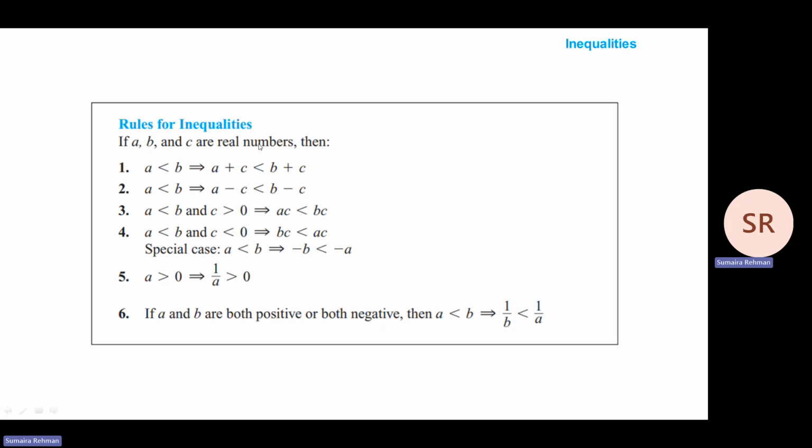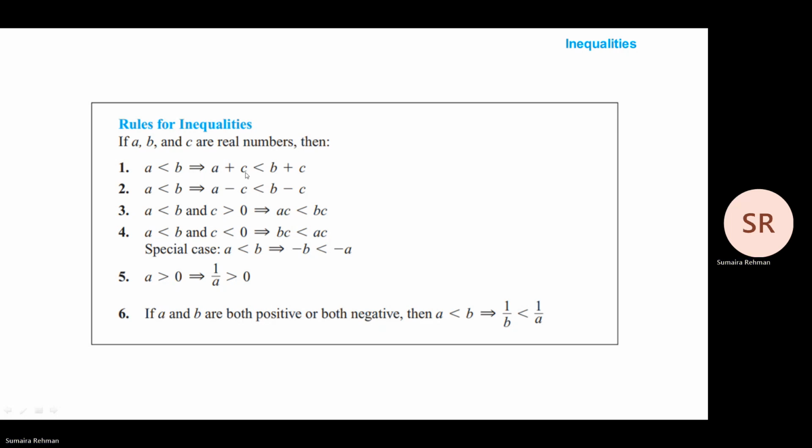If A, B, and C are real numbers, we will take any arbitrary numbers A, B, and C. They could be any number from the real numbers. And here we have the first rule for the inequality: if number A is strictly less than B, this implies that if it holds, then it implies that if we